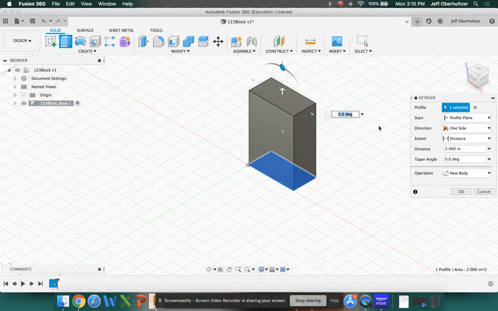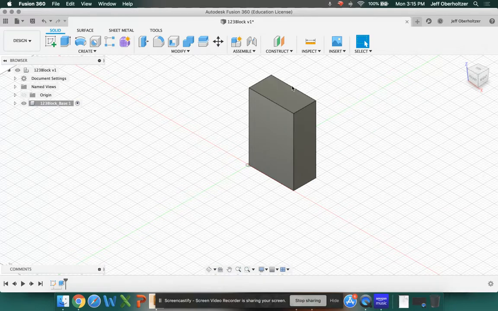Okay, so we're going to set this to, if I hit Tab, it'll jump back to my size. I'm going to hit 3 and hit Enter. And I've got a block now that's 1 inch thick, 2 inches wide, and 3 inches tall. Okay, I don't need to save anything. We've got it. All right, everything is good to go. I can move on. So if I want to create another component, we're going to jump to the next two